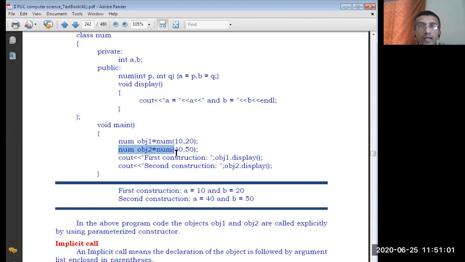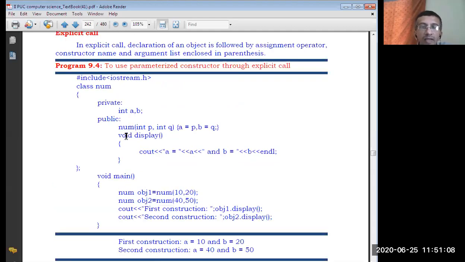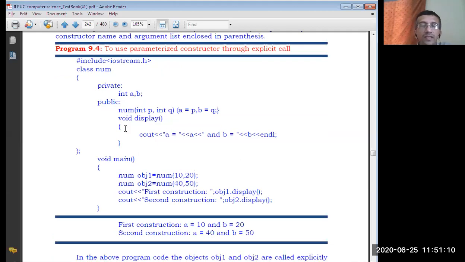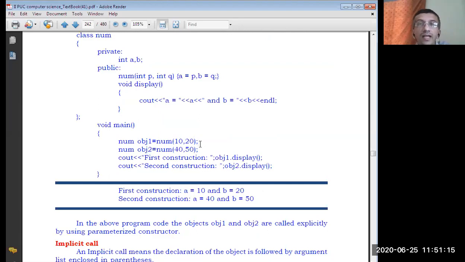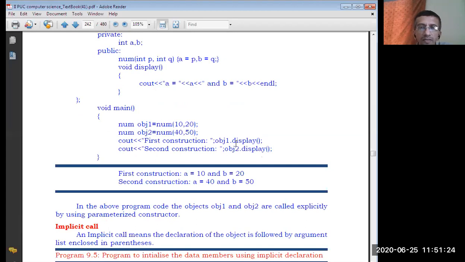So this way of writing style is called explicit invoking of the constructor. In the class and the main, and other things like the definition of the functions, there is no difference at all. Only invoking the constructors, meaning creating the object, the method of writing the statement of creating the object, is the difference. Are you understanding? And calling other functions like display, there is no difference at all. Just using the object name, you call the display function. So if you write this way, this is called explicit call.